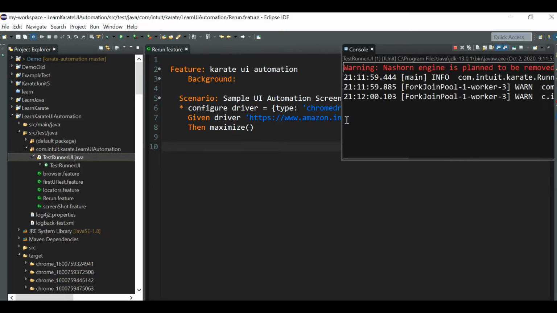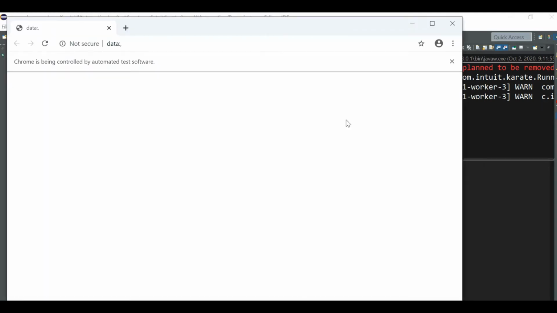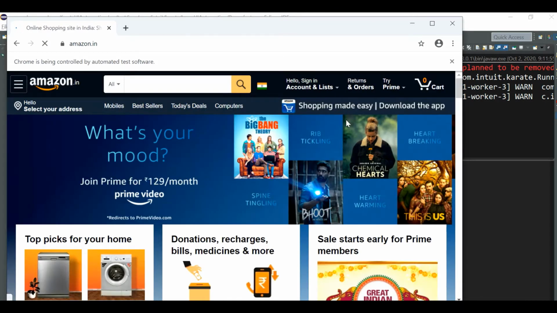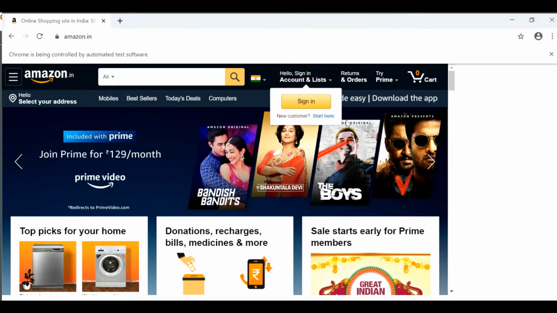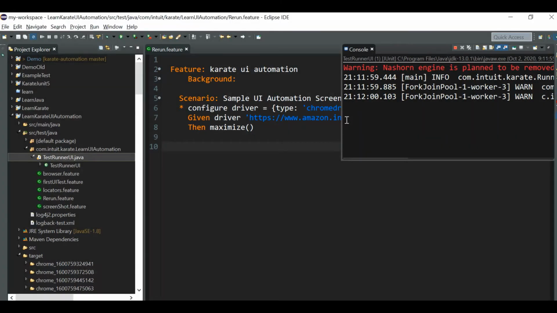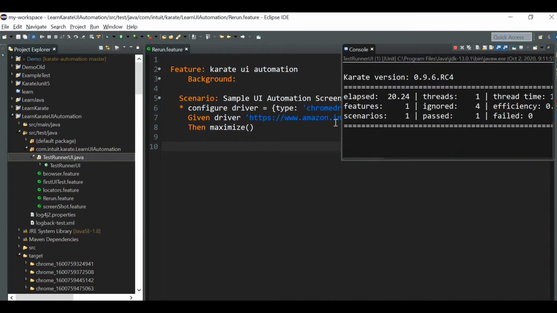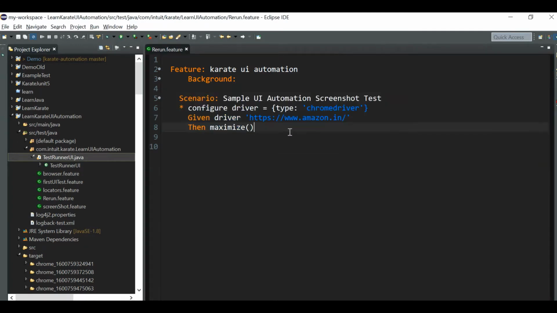This video is useful for people who use either Karate API or the Karate UI automation tool. It opens the Chrome browser, hits the Amazon URL, and maximizes the window. Okay, so the test has passed.